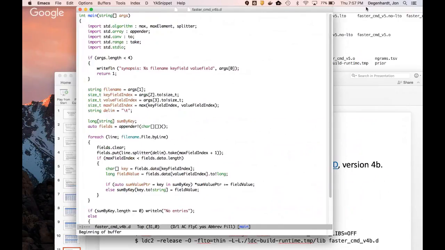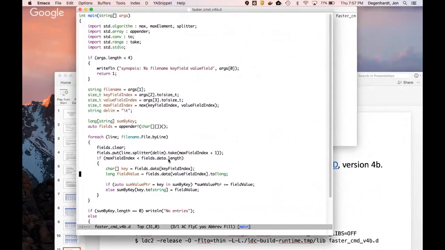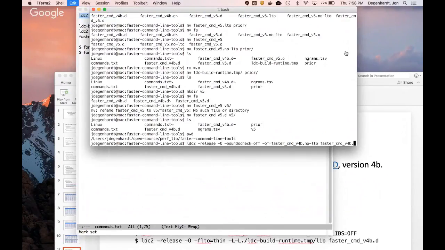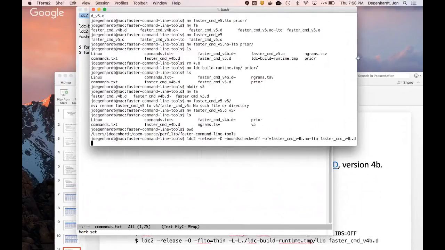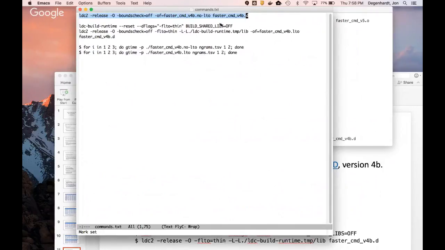Okay, so let's actually do this, and I'm going to cheat a bit on my commands. We're going to build a no LTO version. Okay. Now we will build a